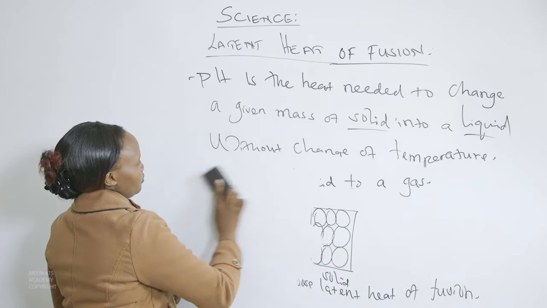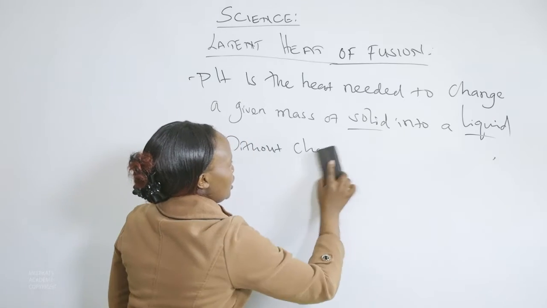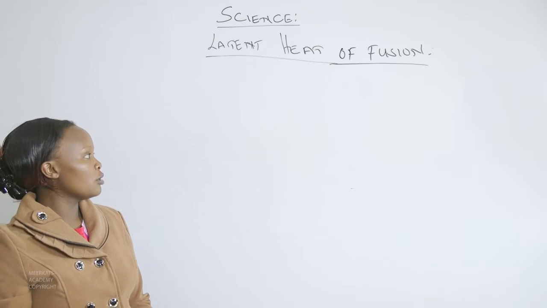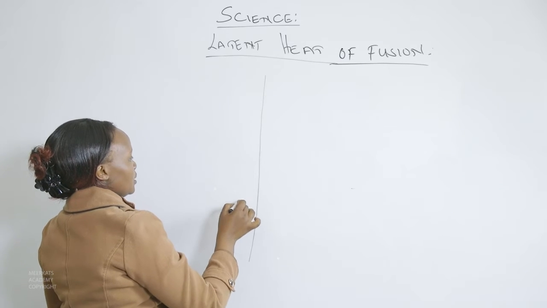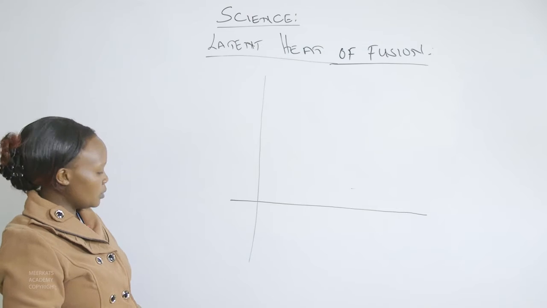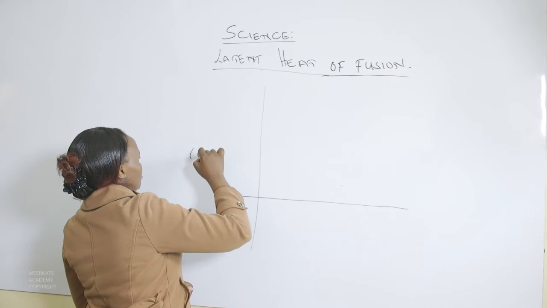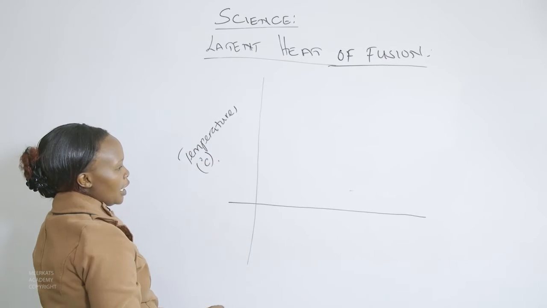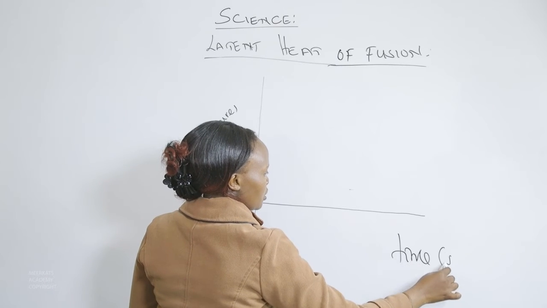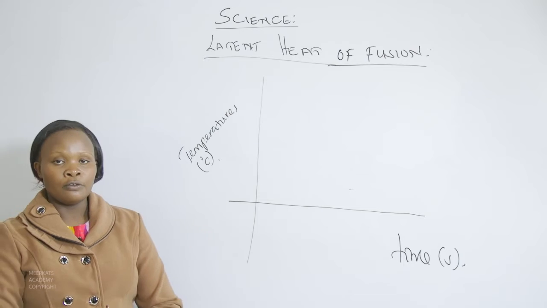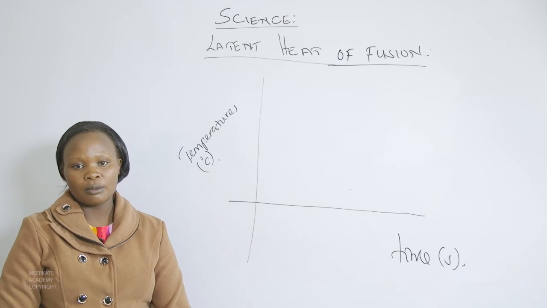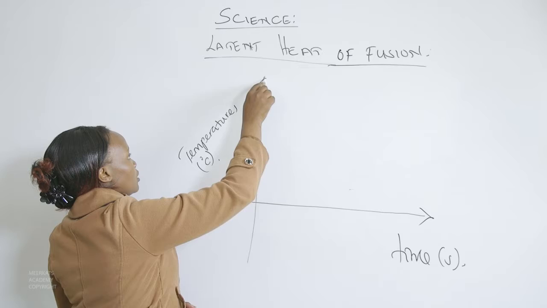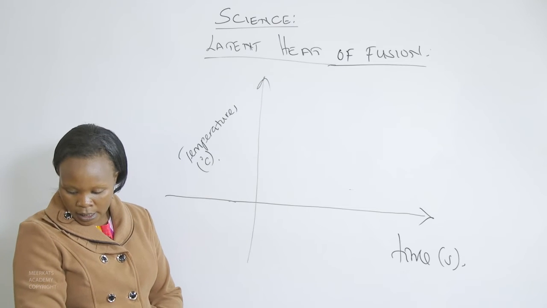Now, let us look at a graphical representation of the change of state of matter. We can plot temperature in degrees Celsius against time in seconds or whatever units. But remember, it is always advisable to work with SI units. Now, we want to heat a liquid,